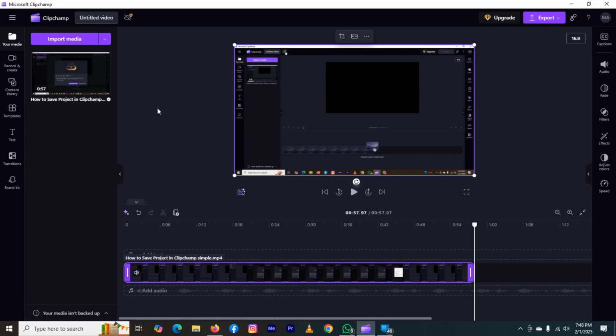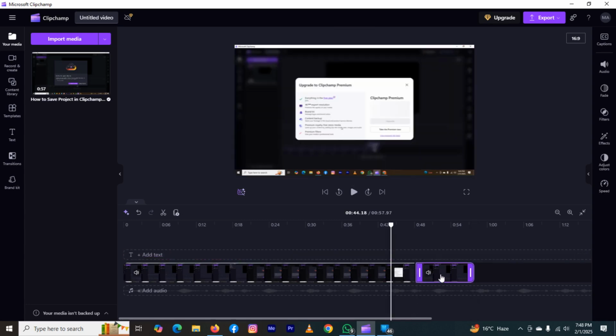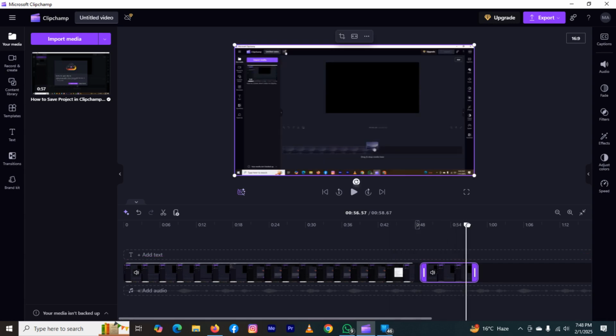Now, time to apply the fade out effect. The first thing you have to do is separate the part in which you want to apply this effect. So just for showing you, I will separate the last part of this video. So I will split this part. And as you can see, I split this part, and I will apply the fade out effect at the end of this video. I will take my timeline to that part where I want to apply the fade out,